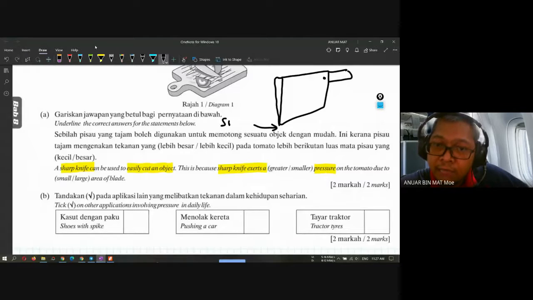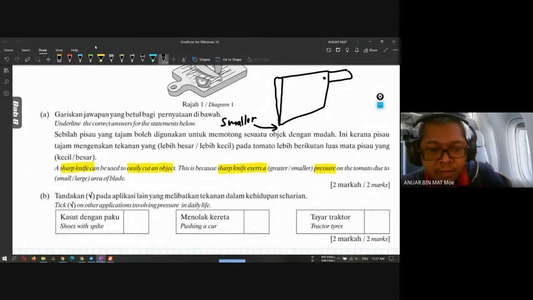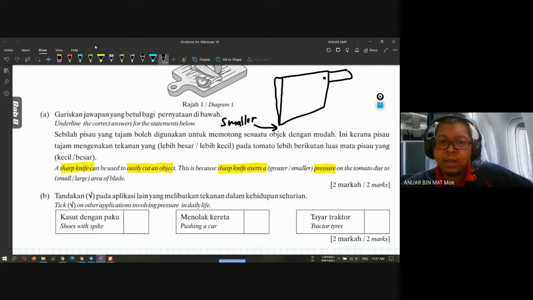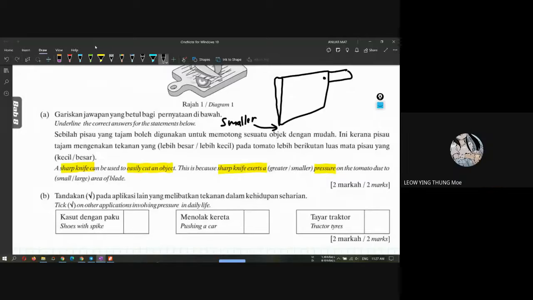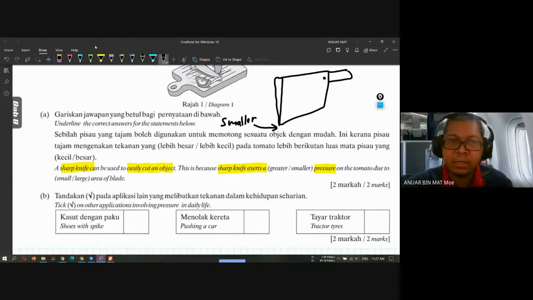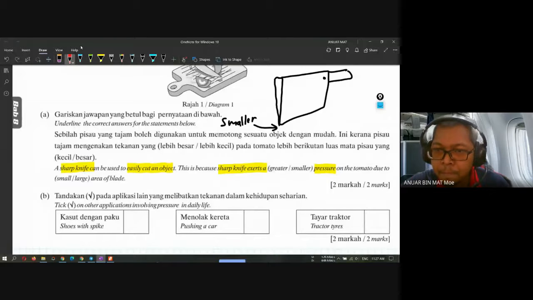It has smaller surface area, right? So you still remember, if it has smaller surface area, what happened to the pressure? Is it greater pressure or smaller pressure? Greater pressure. Remember that. Okay, very good. So the answer here is greater